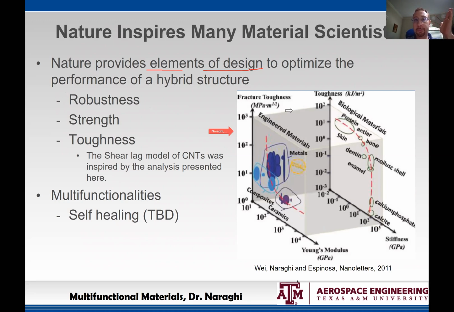So it's actually two figures that are drawn side by side, and what you have in them is toughness, fracture toughness, as a function of Young's modulus. We can also plot fracture toughness as a function of strength. You get pretty much a similar qualitative behavior that I'm about to tell you. There are two types of materials that I've explained here: engineering materials and biological materials. Engineering materials such as metals, composites, ceramics, and biological materials such as our bones, the proteins in spider silk and